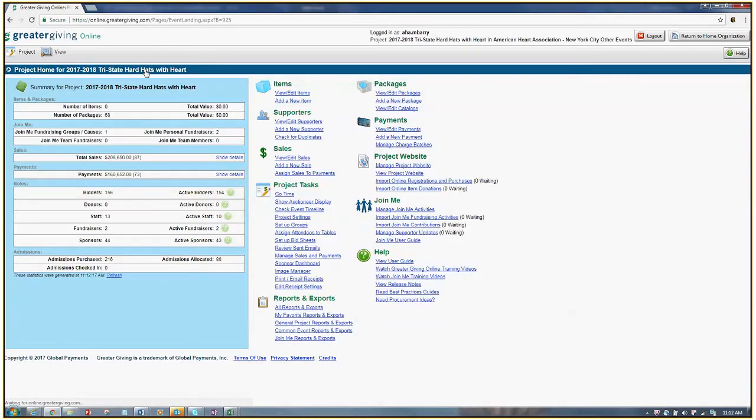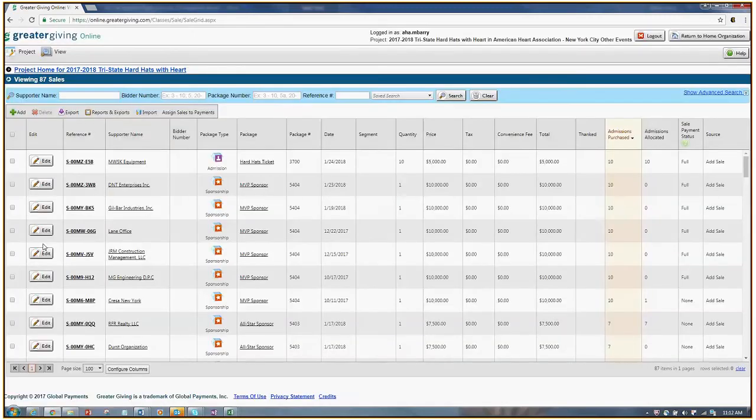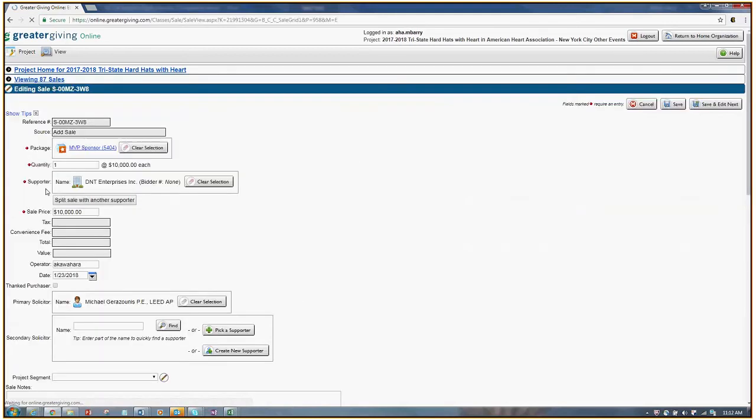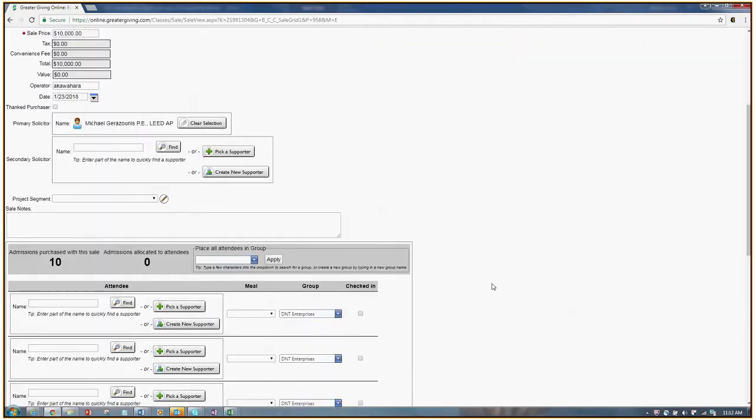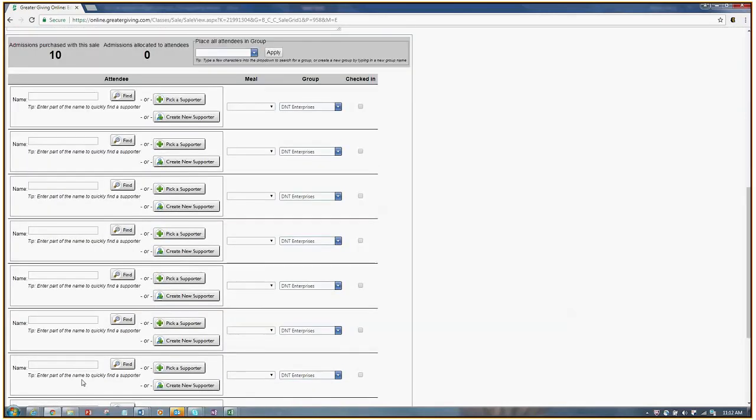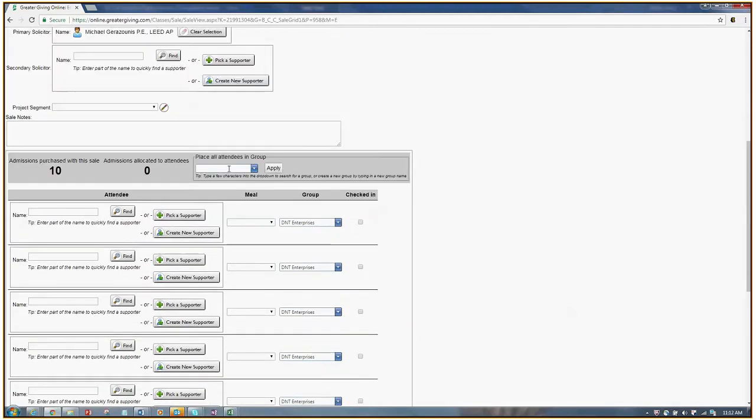The third place you can add a group name is when you're actually putting in guest lists. So you can put in your guest list one of 2 ways. You can either go into View Edit Supporters, look up your sponsor, hit Manage Sales and Payments, and then edit the sale. Or you can just go straight into sales and edit your sales from here. So I'm going to hit edit. If you scroll down, you'll see the spaces to fill in all of your guest names. And you'll see up at the top,